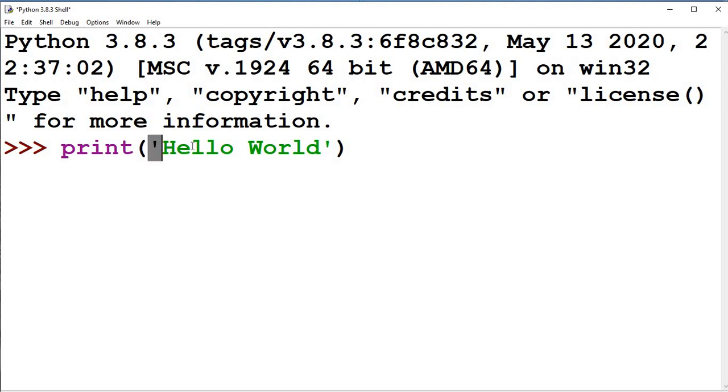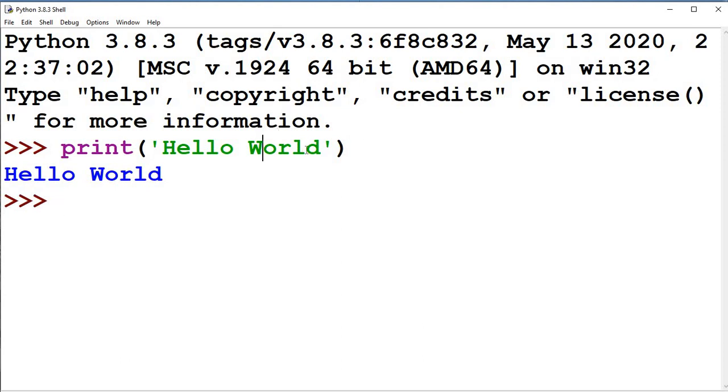Inside these two brackets, whatever you write is called the argument. So the argument here is some message you have written, whatever it is, but you put it inside two quotes. This is basically called a string. So the argument is a string. Now you press enter, and the hello world will come.